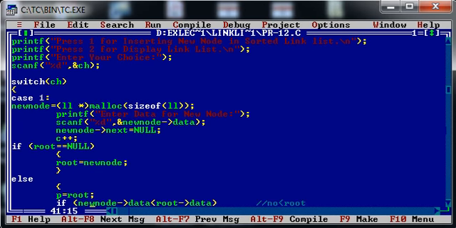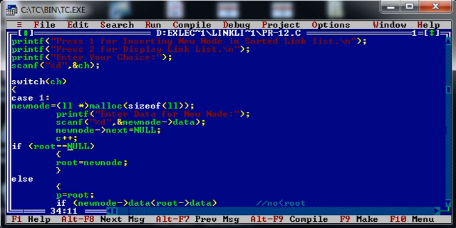As you know, first of all, I need to assign memory for a new node, and that I can do with the help of the malloc function. By writing this statement, I am creating a new node for my linked list. Then I am getting the data from the user. I am assigning null to the address part of the newly created node. Then I am incrementing the counter variable just for counting the nodes of my linked list.